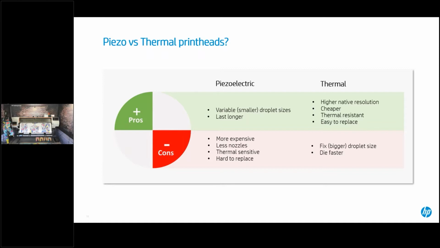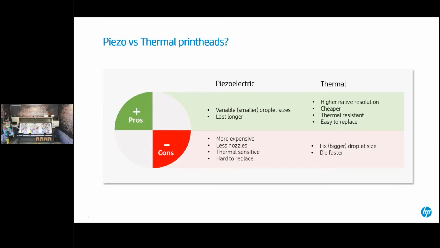So with the Piezo, you have variable drop sizes, and also these printheads last longer than your Thermal Inkjet printheads. For the cons, they're more expensive. There's about 4 times fewer nozzles than our printheads, and they are very sensitive to heat, and they are hard to replace. In some cases, they may be easier to replace, but that process still takes time. And in some cases, it can take a technician coming on site, which means you have to wait longer